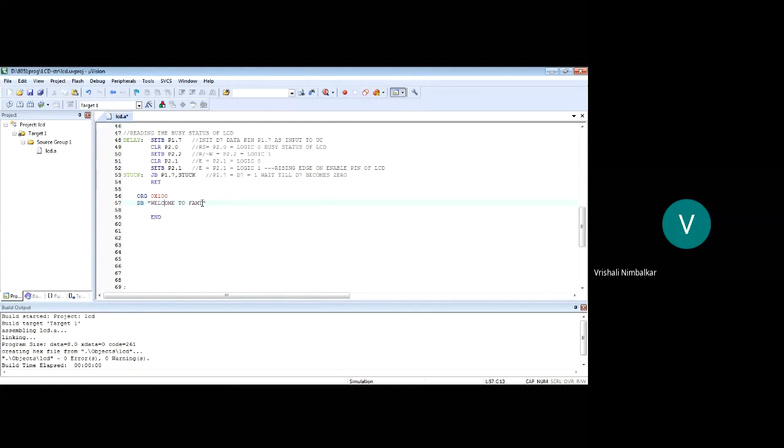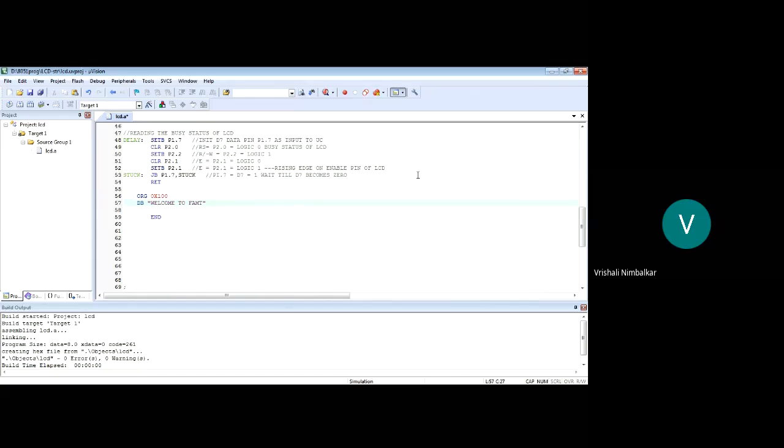The last character T will be at the 15th location, meaning 10E: 0, 1, 2, 3, 4, 5, 6, 7, 8, 9, A, B, C, D, E.